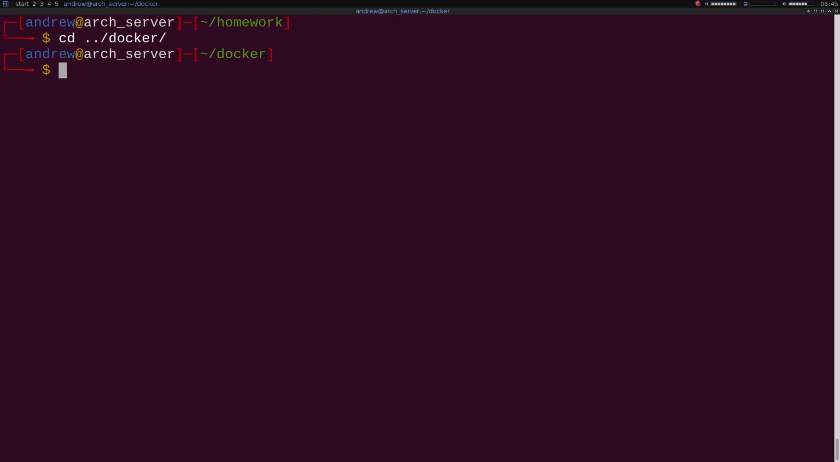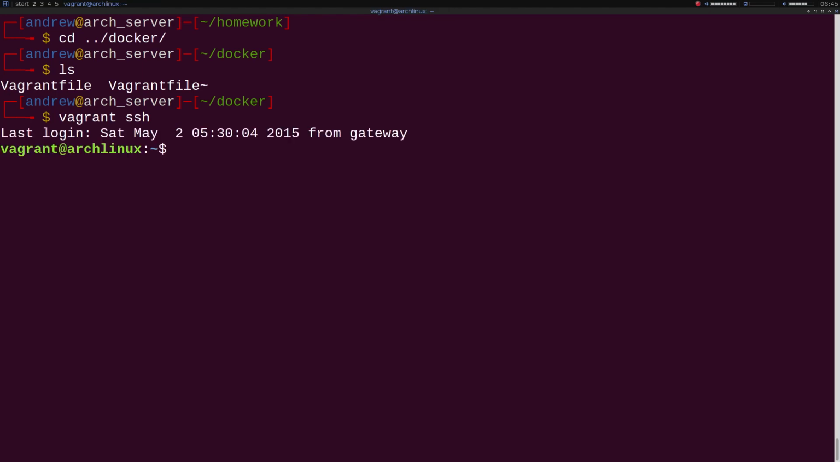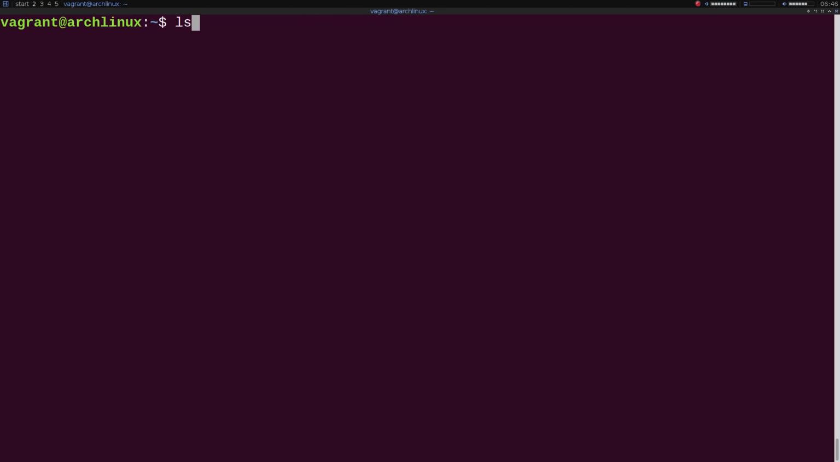The way that I have the VM set up is that they're in their own folders. And this isn't the actual VM itself, it's just the Vagrant configuration file for this VM. And so let's go into this Vagrant SSH. This is a command that just SSHs into the actual machine. So right here it's a full-on VM, and I can run the command